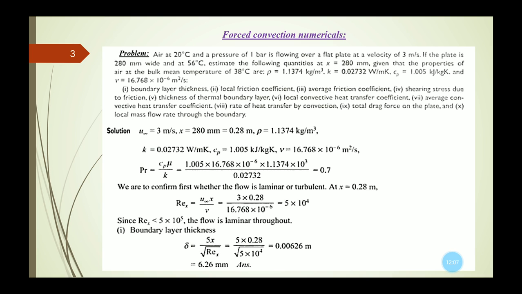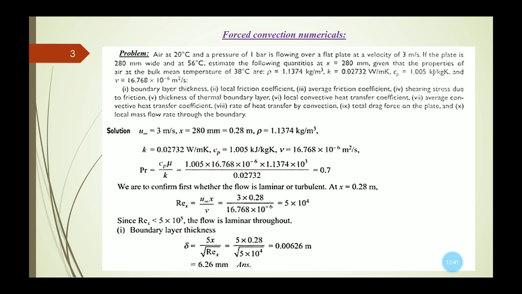In this numerical, it is given air at 20 degrees centigrade and a pressure of 1 bar is flowing over a flat plate at a velocity of 3 meter per second. If the plate is 280 millimeter wide and at 56 degrees centigrade, estimate the following quantities at x equals 280 millimeter, given that the properties of air at the bulk mean temperature of 38 degrees centigrade are: the density